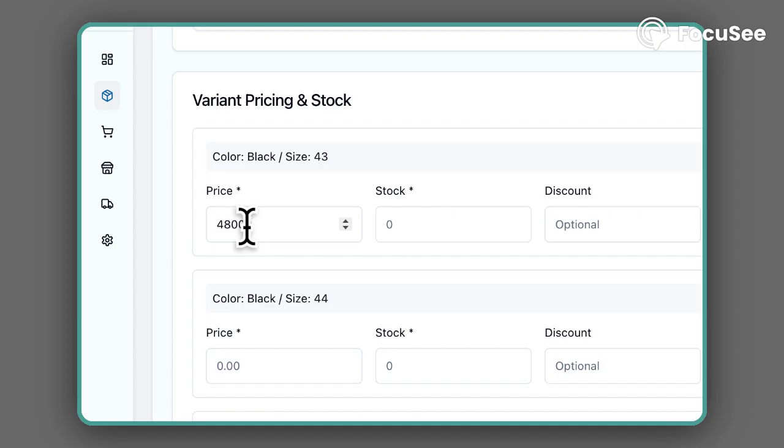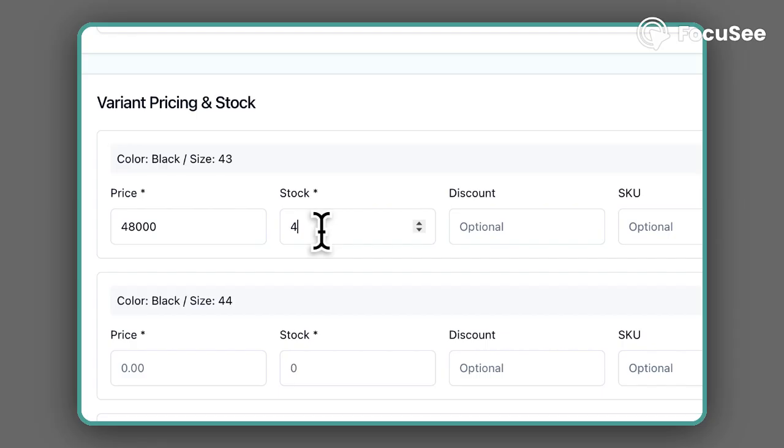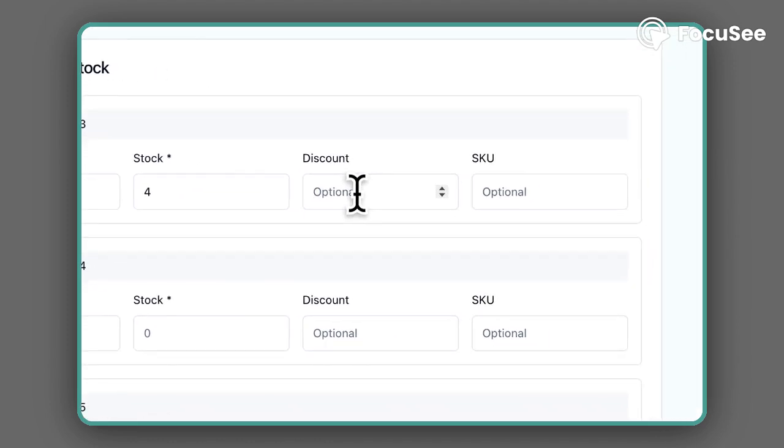Remember, no commas in the price. The system will add the commas for you. How many do you have in stock? Let's say we have 4 pieces in stock. What is the discount? If you have any discount, let's say we're doing a 2,000 naira discount, so